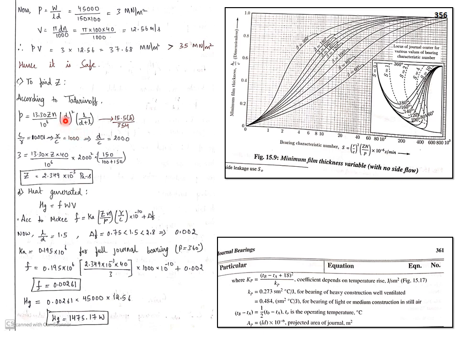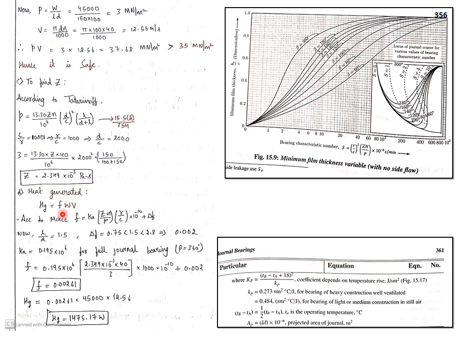Here we need the value of D by C. We know C by R, so you can convert it into D by C, just multiply by 2. Next, once you get the values of D and C, and L and D you know, N you know, and P you know because you got it from here, if you substitute back here, you will get the value of Z in terms of Pascal seconds.